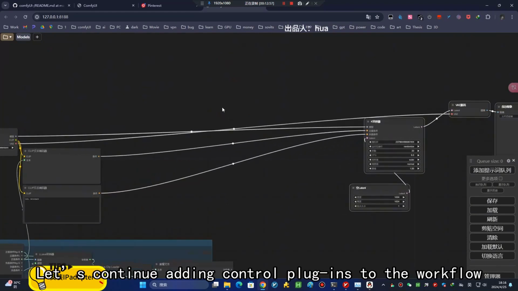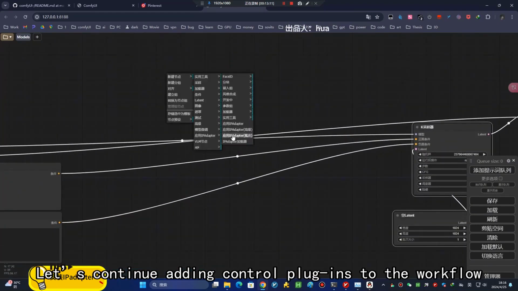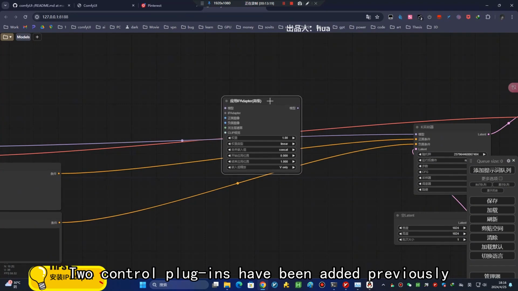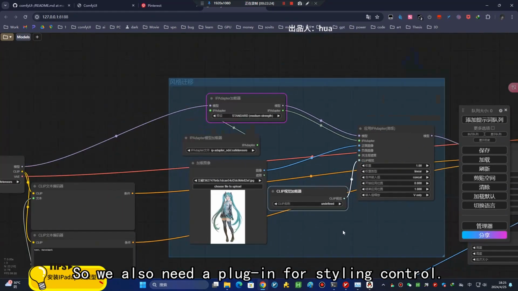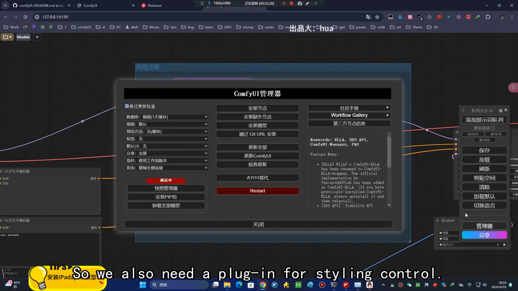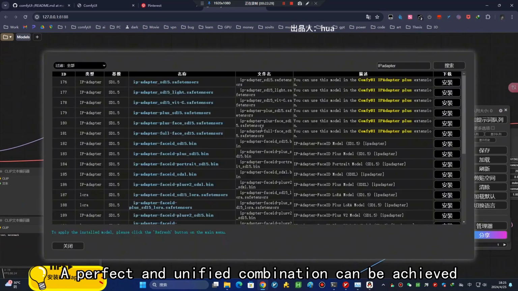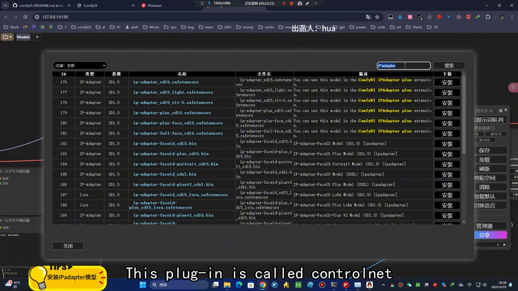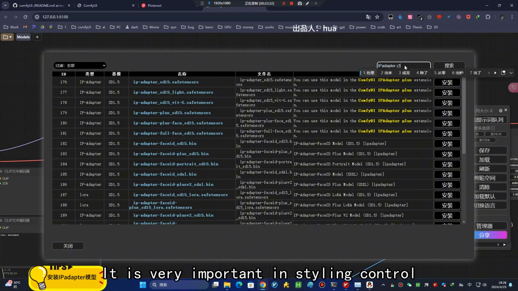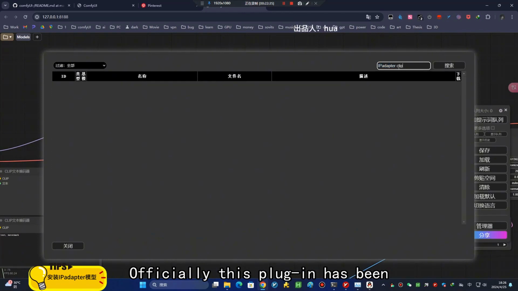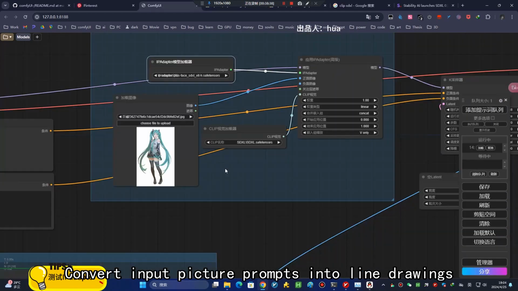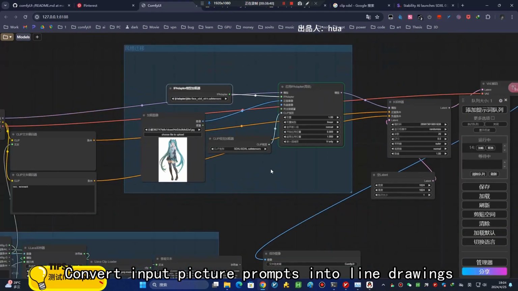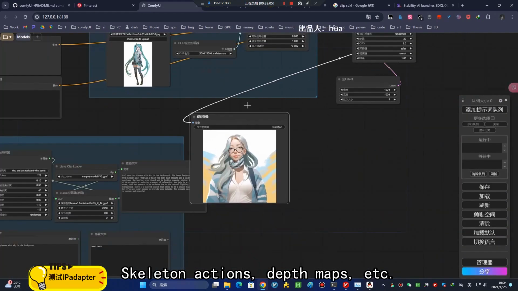Next, let's continue adding control plugins to the workflow. Control plugins have been added previously. They are purely natural prompt words and color control, so we also need a plugin for styling control, so that a perfect and unified combination can be achieved. This plugin is called ControlNet. It is very important in styling control. Officially, this plugin has been incorporated into the main body of ComfyUI. Now we also need a plugin to process images, converting input picture prompts into line drawings, skeleton actions, depth maps,